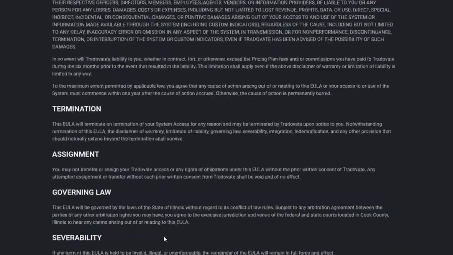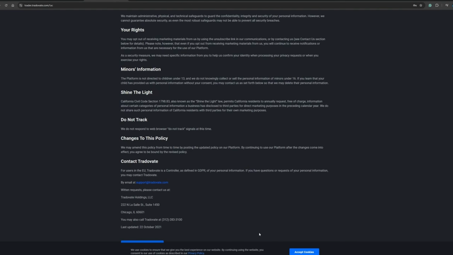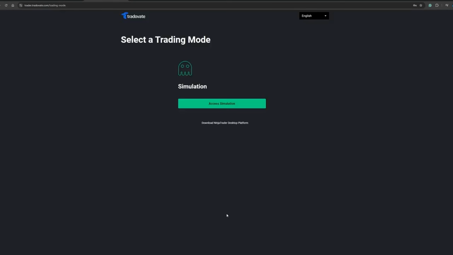Now, from here, let's just see. Is there anything else we have to click on? I'm going to go ahead and scroll on down, and I've got to accept cookies. I'm going to click accept right over here. Now it's going to say access simulation. Now, if I want to go and trade inside of Tradovate, I can click right here, access simulation. Instead though, since we're talking about NinjaTrader and how to connect it, we're going to jump over to the